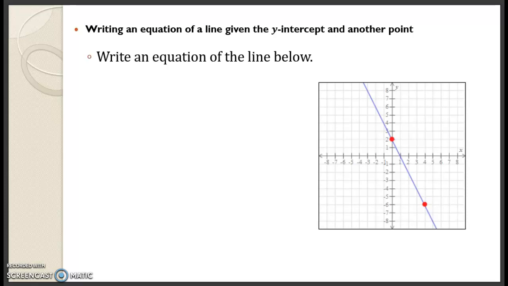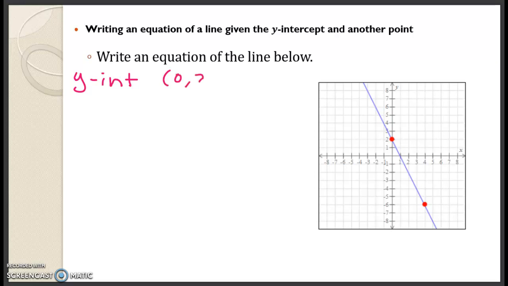Everybody, in this video we'll talk about writing an equation of a line given the y-intercept and another point. So let's say we're going to do this graphically, but also think of it algebraically. Let's say we weren't given a graph. Okay, so in this graph we have the y-intercept, so that's where the line crosses the y-axis, okay, is at